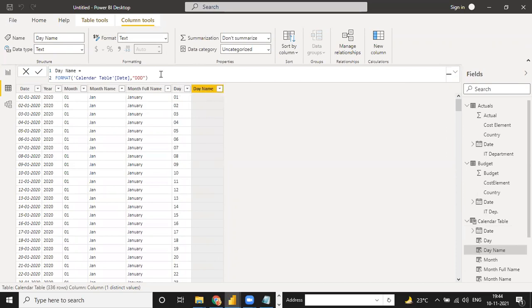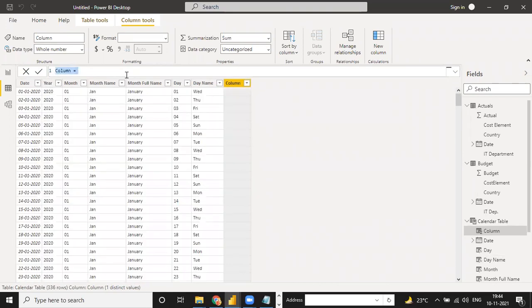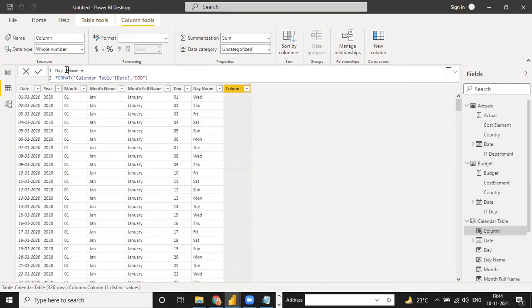If you type full D, 4D, then it will give you the complete name. Full name, and just select. This is your complete date table ready.